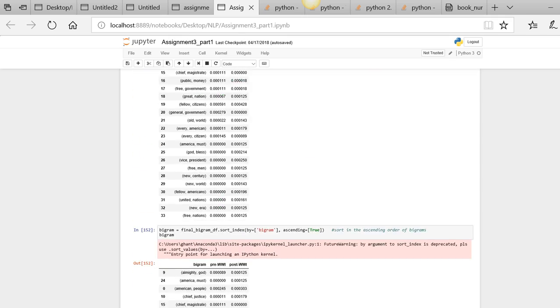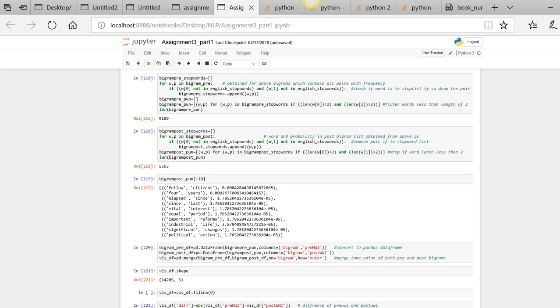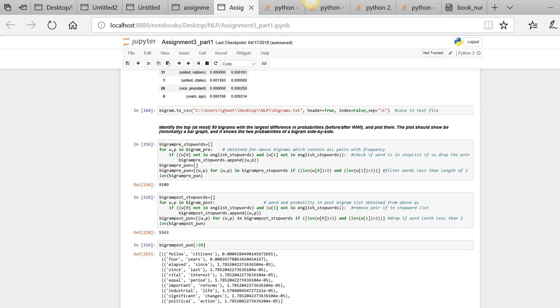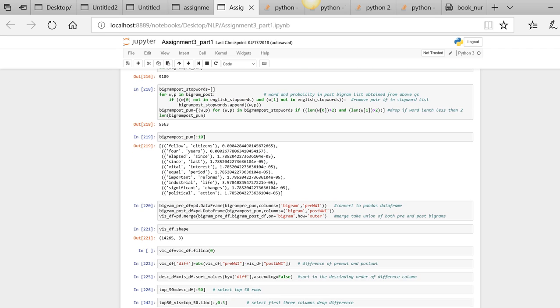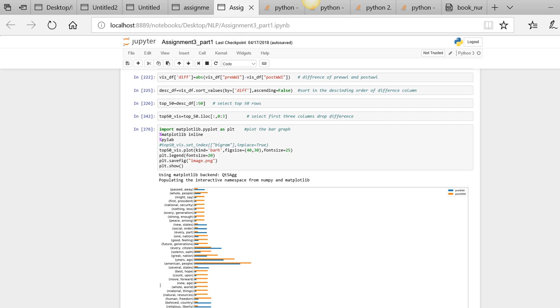In the next question, we were asked to identify the 50 with the largest difference. So I took the bigrams for pre and post and dropped all the stop words and words of length less than 2. I converted them into a pandas data frame and merged them, and for rows where the value is null, I filled them with 0. I calculated the difference between pre-WI probability and post-WI, and sorted them in descending order